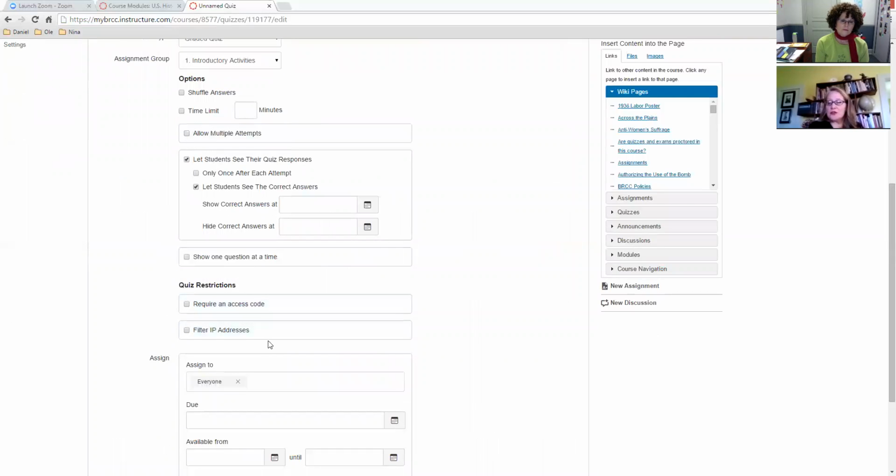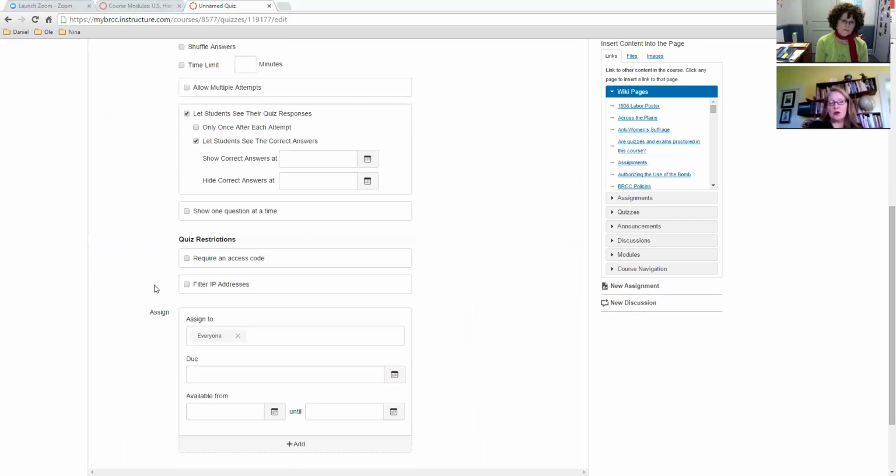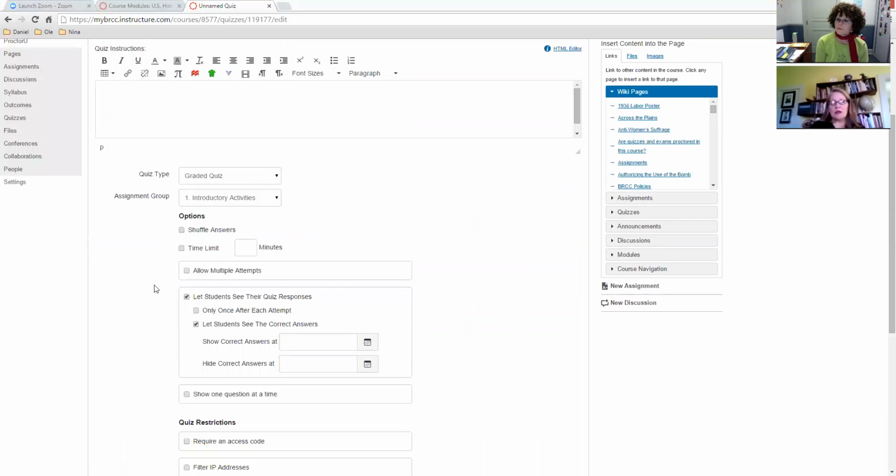There are also quiz restrictions that you can put on quizzes, requiring an access code. You can monitor their IP address to make sure that there's a consistency. If you notice for 3 weeks in a row, student X has been doing horribly, and then all of a sudden they're doing really, really great, you can go back and look at different IP addresses, to see that student hasn't farmed it out to someone on the web who sells those services. And if we're honest about this, SACS requires really only having a username and a password. And for SACS,